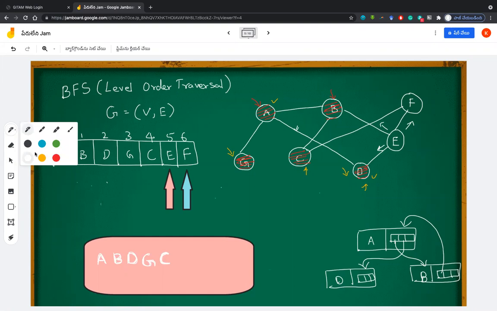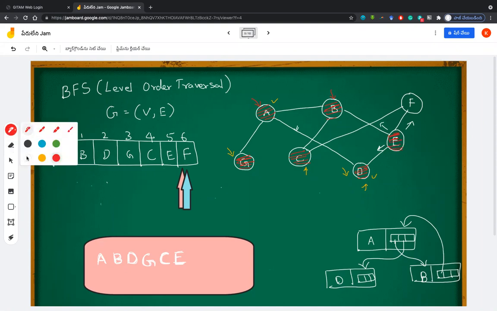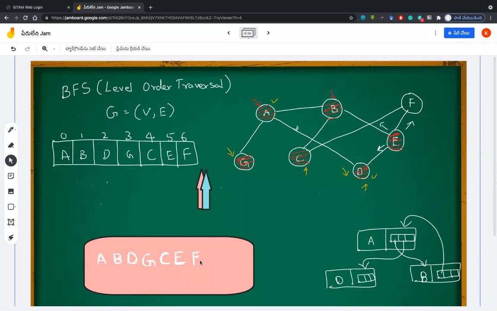So what I do now, I will write E onto the screen, and then I will delete it. So this is the last thing that we had before entirely deleting the queue. So finally we are at F, and by this time you can see that E is also visited and printed. So F is connected to C and E, which are visited already, and nothing more to do with F. You delete the entire queue in such a way that your F should be first printed and delete the queue. So both front and rear come here. So this is how your breadth first search traversal will be there.